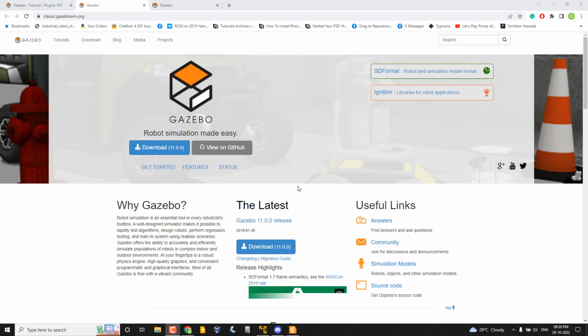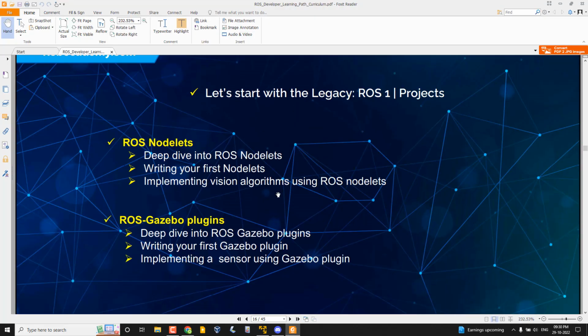Okay, so we can start today's session, and I hope you remember the last session. It was about Nodelet. Maybe I can take the syllabus and show you. So we have been discussing an advanced concept in ROS 1 called Nodelet, which is very